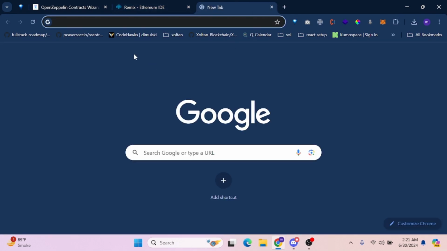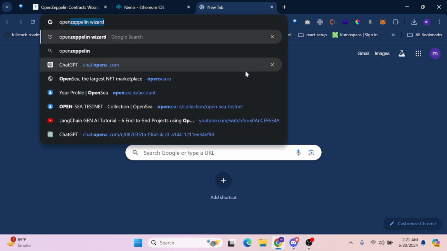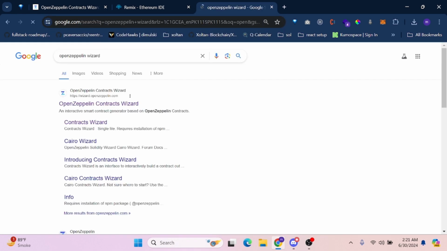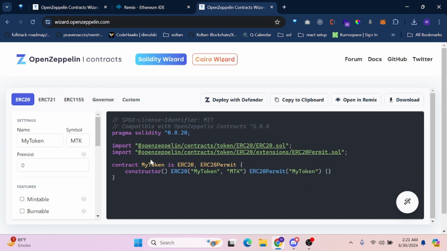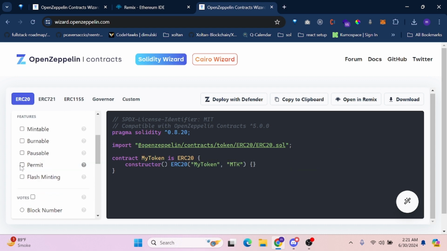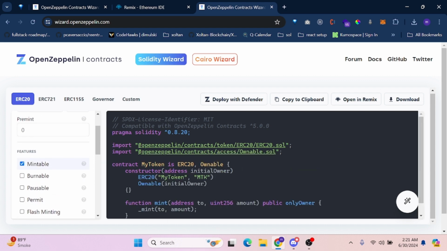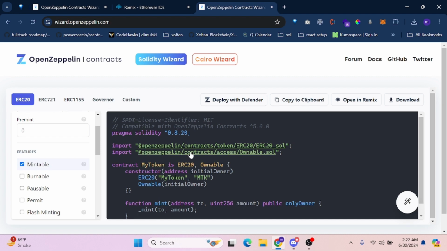Okay, so before the event listening part, I just want to add the contract part so that you guys don't get confused about how to write a contract. You just have to open OpenZeppelin Wizard in the search, go here. I already opened it here, but my voice was not recorded in the previous video, so I am just recording it again. We don't need the permit stuff, we just need the mint function, and it already has the event